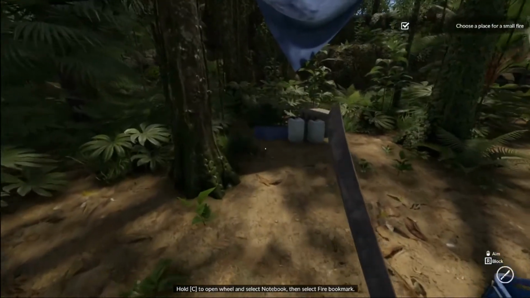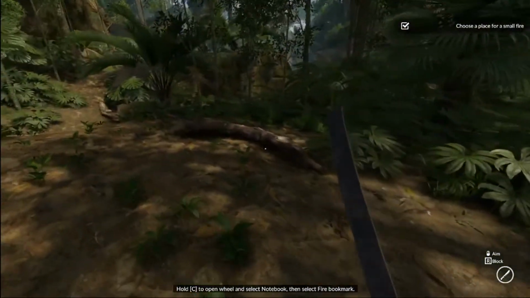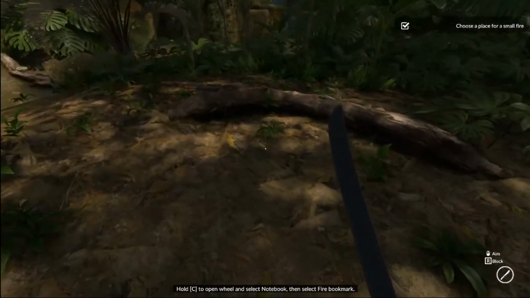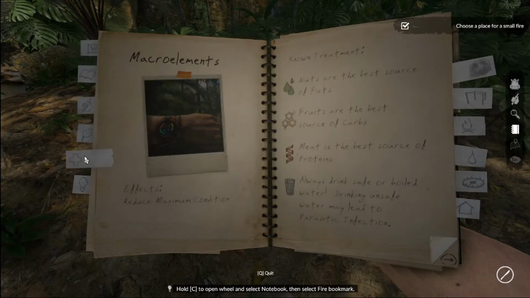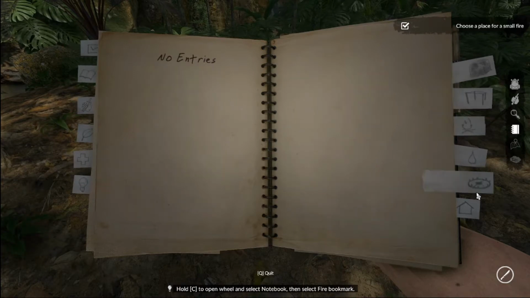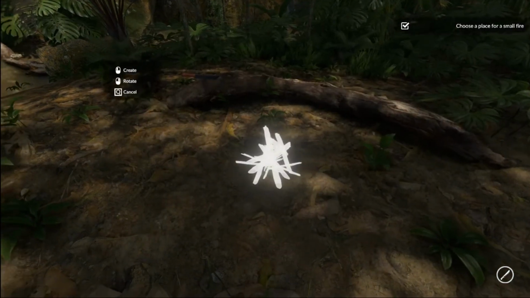All right, so we need to choose a place for a small fire. I'll just pick this block right here, why not? So you're gonna press N on the keyboard. This is your notebook. This is where you're gonna find everything that you go through in your survival experience, and we'll get to each one individually when the time comes. But for now, we're gonna go to this fire section right here on the right, select the small fire, and